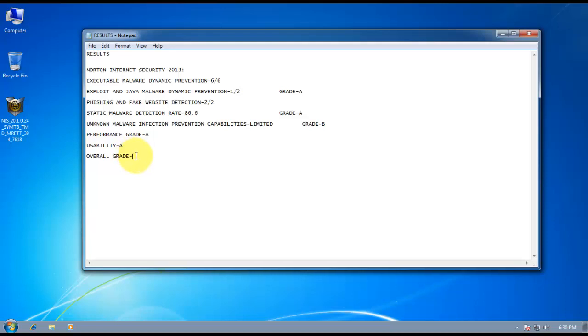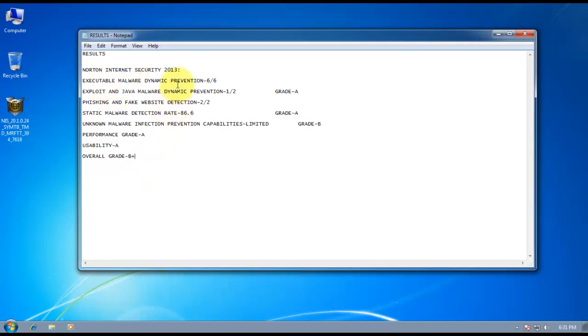We have the results now. Which overall grade should Norton deserve? Now, right now it has an A in all the 4 categories other than unknown malware infection prevention. But since this is an important category, I'm going to give it a B+. So it's not an A, but it's still a pretty good grade. So that's my review of Norton Internet Security. Gets a B+